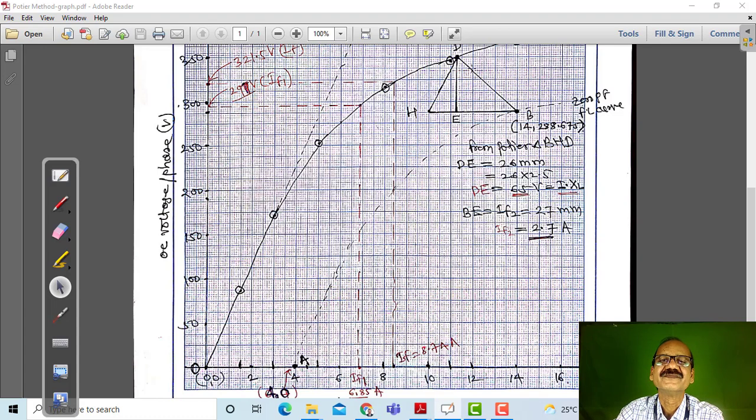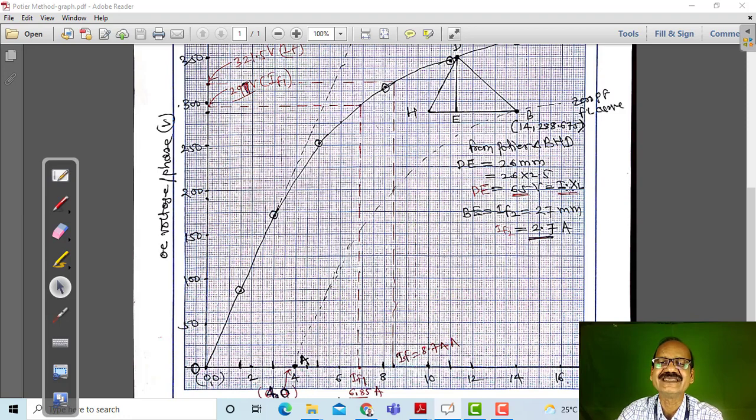Then draw the line DE perpendicular to the BH. Now DE is parallel to the y-axis, that is the vertical component. The y-axis is the voltage. So what is the scale? 1 centimeter equals 25 volt, and therefore DE measures 26 mm, and therefore 1 mm equals 2.5 volt. So 26 into 2.5, that is DE equals 65 volt, and that measures the voltage drop due to the